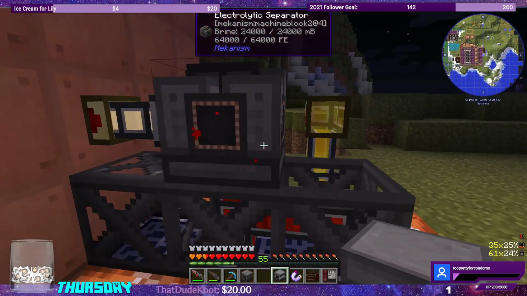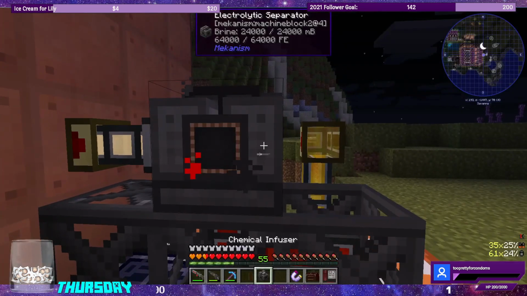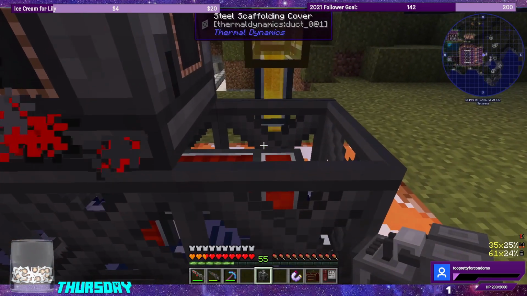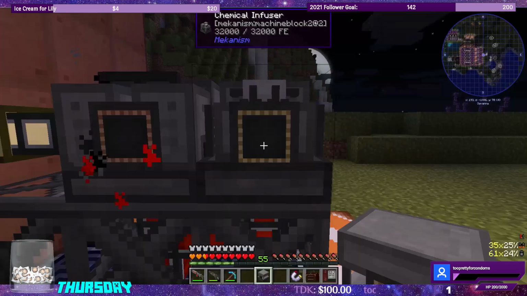And it is nighttime, unfortunately. We can't skip the night. So the chlorine is what I want to go into the chemical infuser. So let's see if we can put this guy, is it facing the correct direction? Chlorine, there we go. So we have chlorine coming in over here. And then what we need to do is we need to send